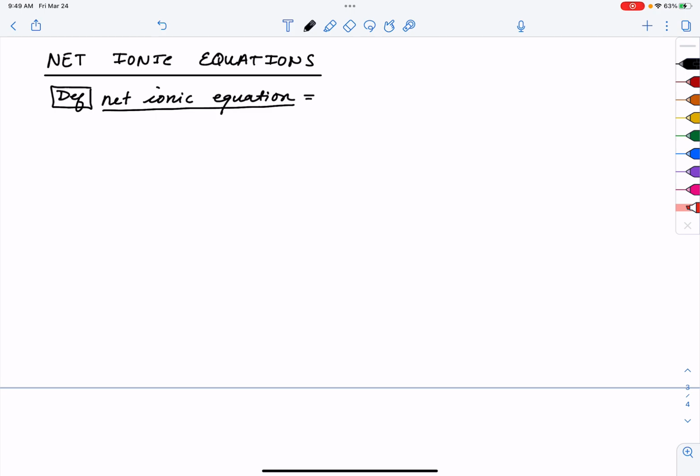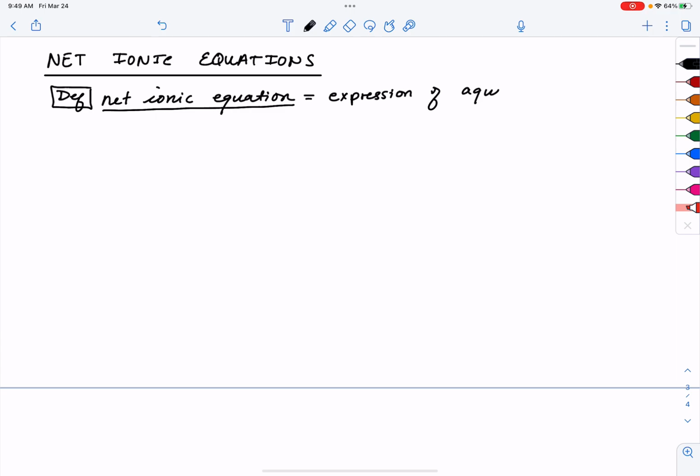We just discussed the complete ionic equation as a means of representing what's happening in an aqueous chemical reaction. And now we are going to discuss the concept of a net ionic equation, which is similar to a complete ionic equation in that ions indeed are shown. However, net ionic equations are kind of like a shorthand. So by definition, a net ionic equation is an expression